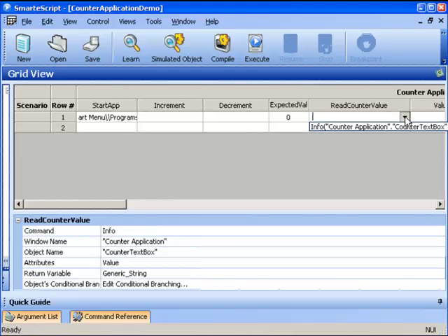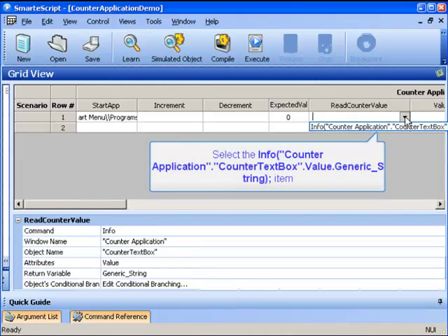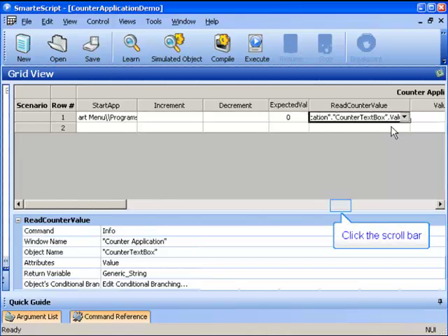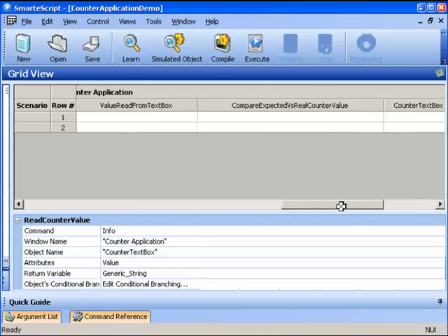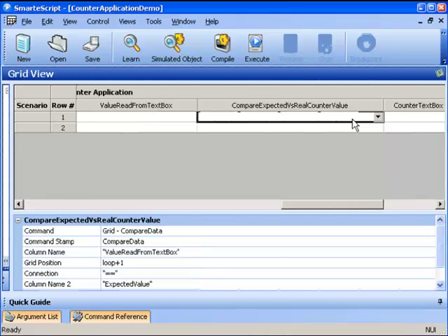Next, I need to scroll right to get to the other columns. The next column is value read from text box. That is actually an output column, and it displays the value of the generic string, which was the implicit variable. And so the next thing I really need to do is to go to the compare expected versus real counter value. So I need to activate that cell so that the comparison of the expected and the real value actually occurs. And there is only one possible value to pick in the drop-down, which is the actual comparison of the